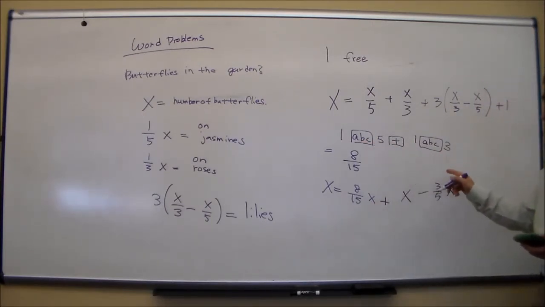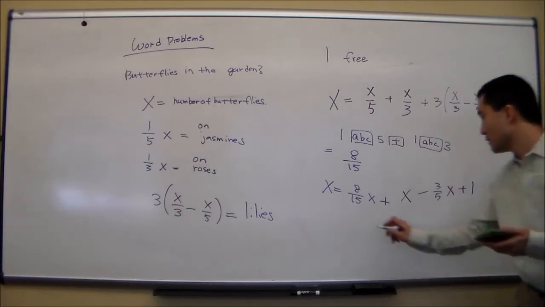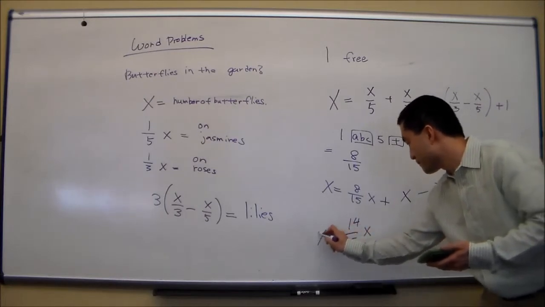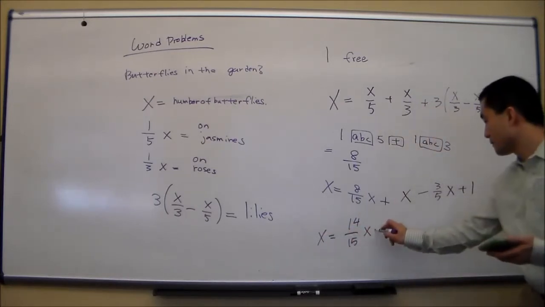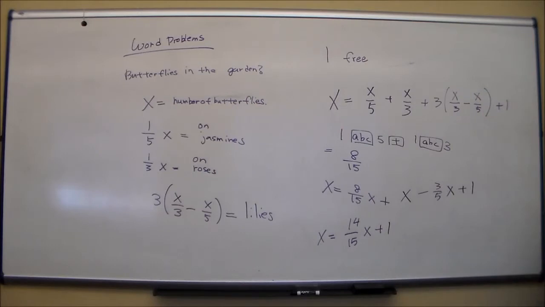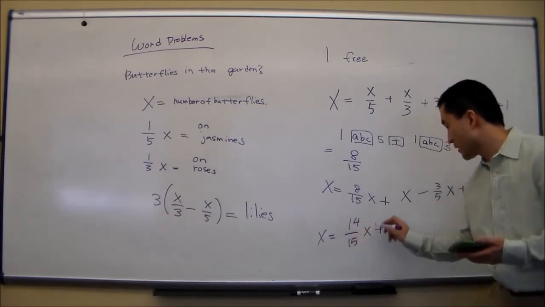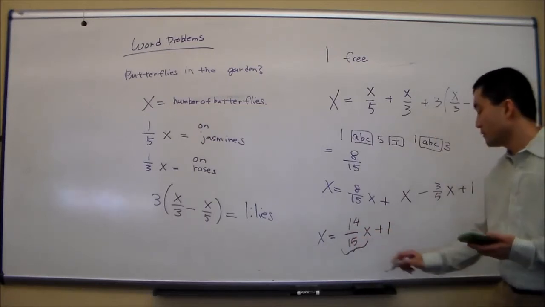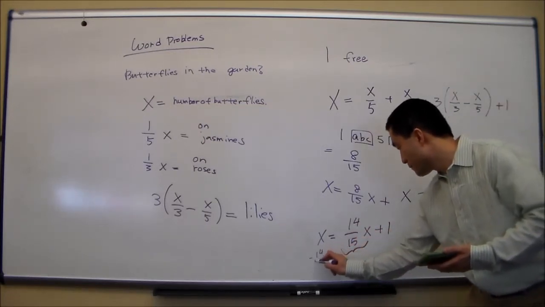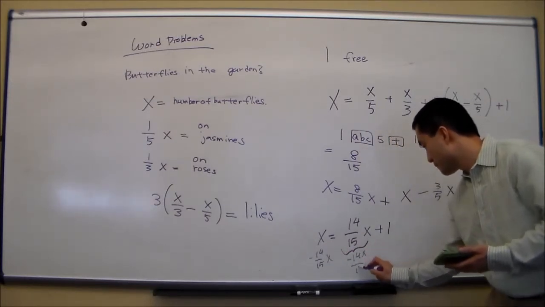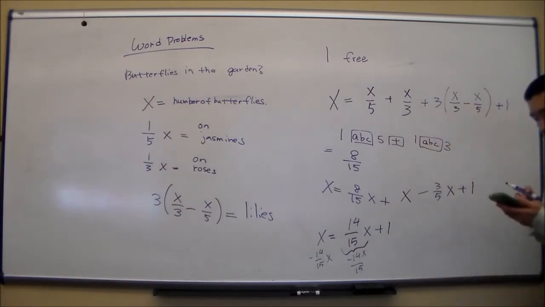Using the same key sequence, I get 14 over 15 x. Okay. So then I'm going to subtract this part from both sides. And I get